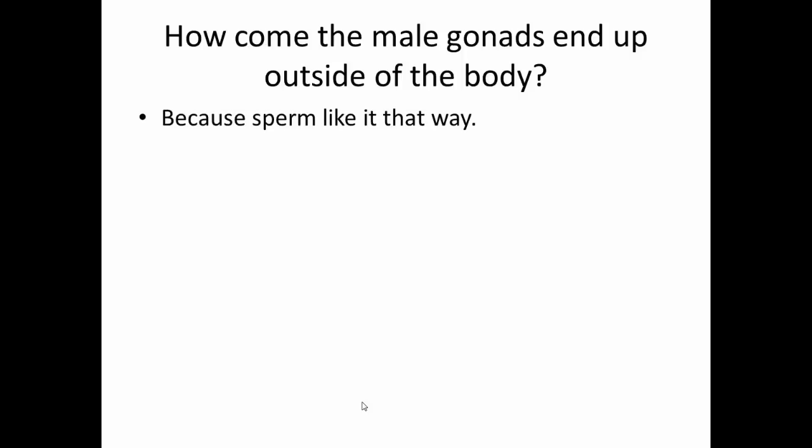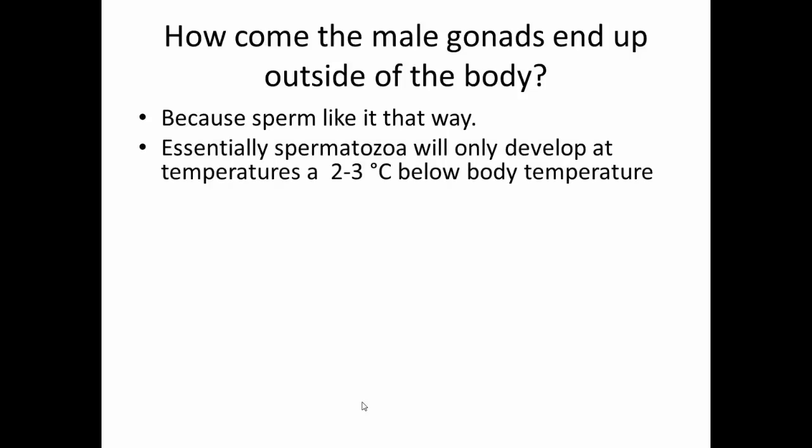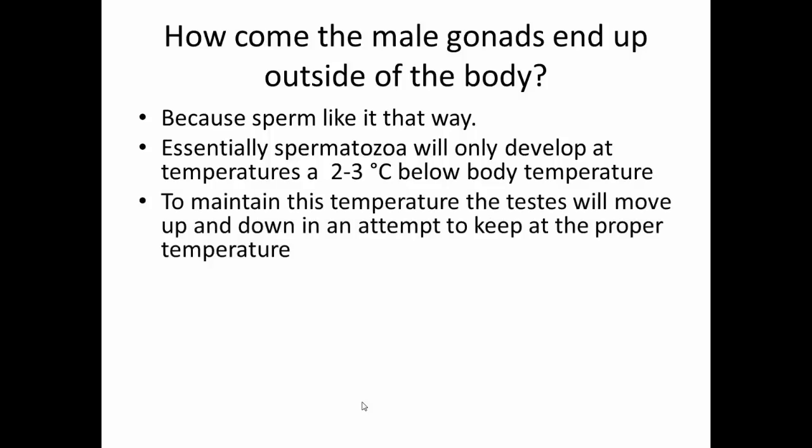Well, the reason is because sperm like it that way. Spermatozoa really need to develop at temperatures that are 2 to 3 degrees Celsius below body temperature. And the only way to do that is to put the testicles outside of the body. So to maintain that temperature, essentially the testicles will be taken in closer to the body to warm up,